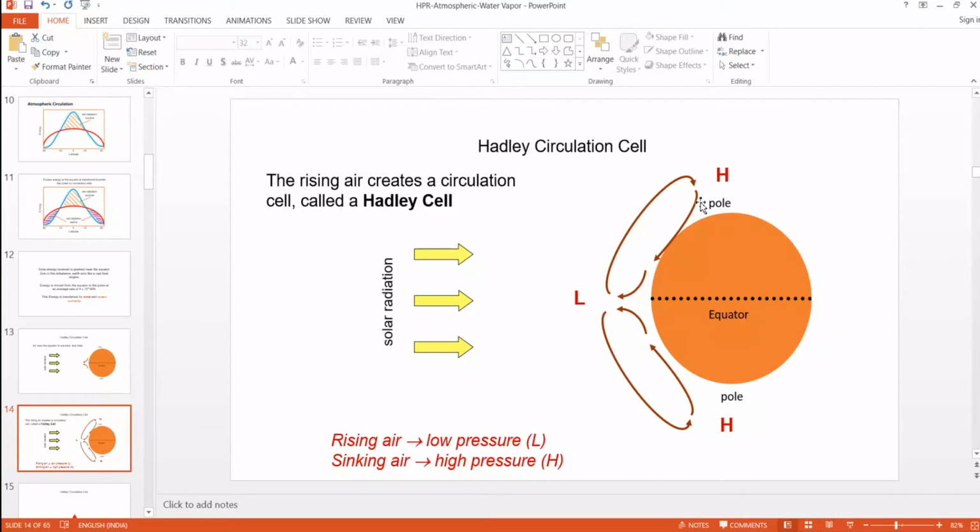So due to this low pressure region, again the wind is transferred from poles to the equator. This vortex or this circulation is called Hadley circulation or Hadley cell. Okay, so see, there are two poles and equator, and the wind moves at lower elevations near the earth. Wind flows from poles to the equator, and at higher elevations, the wind flows from equator to the poles. Okay, in this circulation, the energy is transferred from equator to the poles.